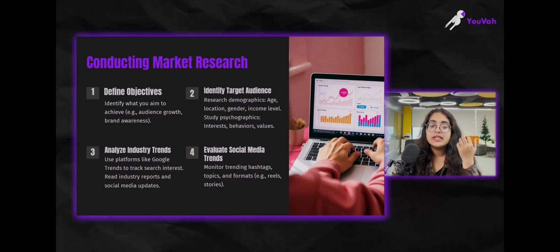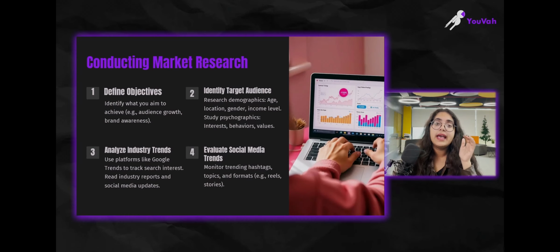Second is your target audience. Next, you have to figure out who exactly your target audience is, who is going to help you with the market research. You have a product, you want to know whether there is a growth scope for this product or not. Now see who that product caters to, which audience it's falling into, right? What is the age range of that person? What is the gender? What is the income level of that person, right? Try to identify those things, okay?